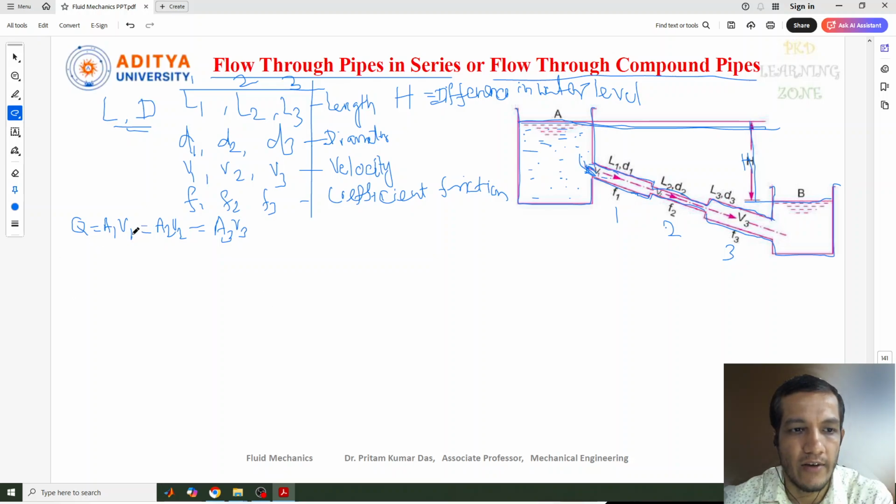So that's why area, velocity. So area less, velocity more; area more, velocity less. So that will be different. Now we can find out what is the difference in liquid surface level, okay, and the total loss of head,